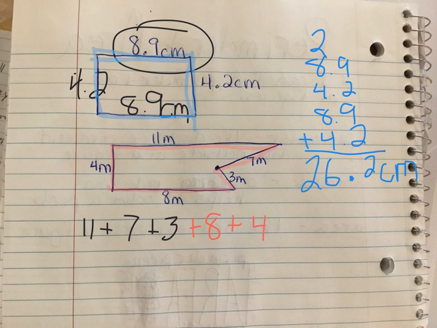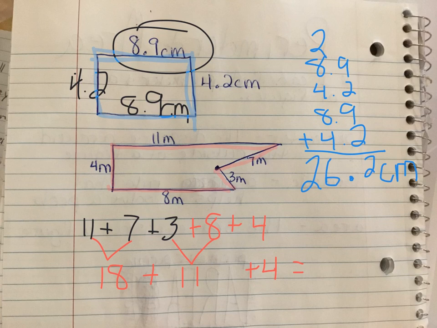And now we need to add it together. 11 plus 7, 3 plus 8, and can't forget this 4 out to the side. 11 plus 7 is 18. 3 plus 8 is 11. When I add it all together,